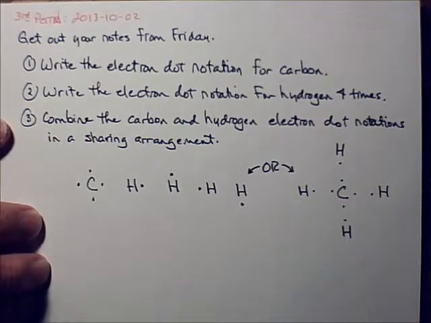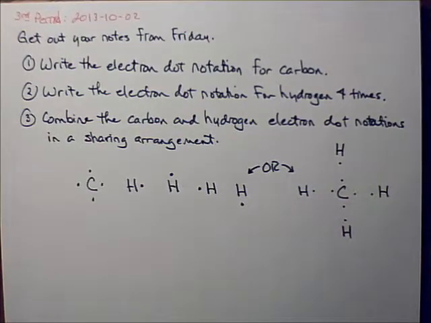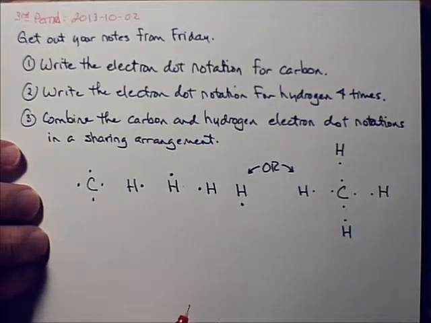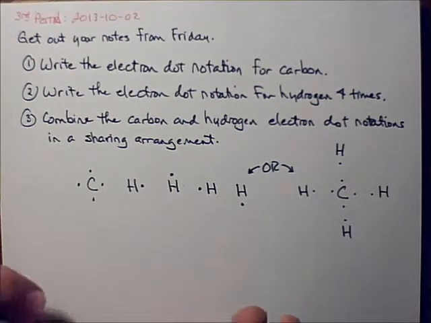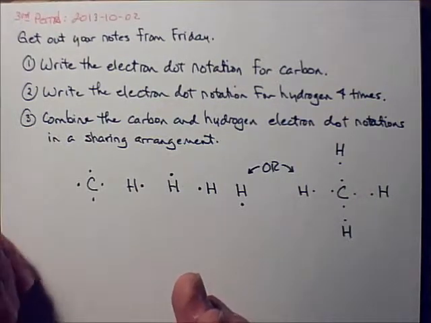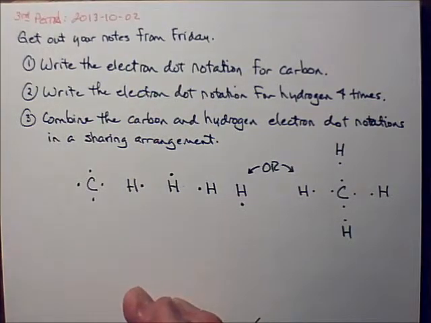Then the next thing was to combine the carbon and hydrogen electron dot notations in a sharing arrangement. Well, a sharing arrangement is the way that we show how carbon and hydrogen will share electrons to get both the carbon and all the hydrogens to have the number of valence electrons they'd like to have. Carbon, being in the second primary energy level, would like to have 8. Hydrogen, being in the first primary energy level, or in the first period of the periodic table, would like to